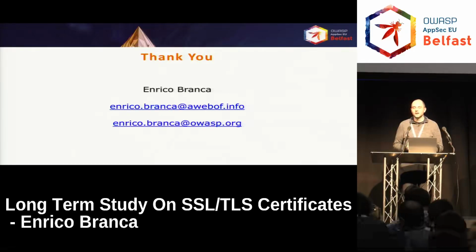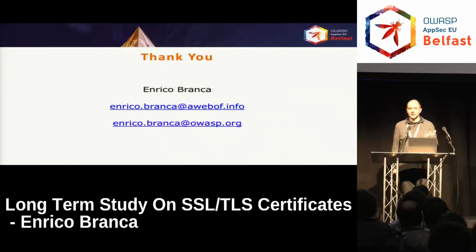Around 2009, Debian's OpenSSL generated keys, and the random number they were using wasn't random at all. I wonder, are those keys that you're testing still around in those tests? Yeah. So the question is, around 2009, Debian had a problem with random number generation, and they were producing keys that have a fixed amount of bits. Therefore, if you know the key size, you can generate the key, and you can reverse the key. How is this in my data set, or in the information that I have?